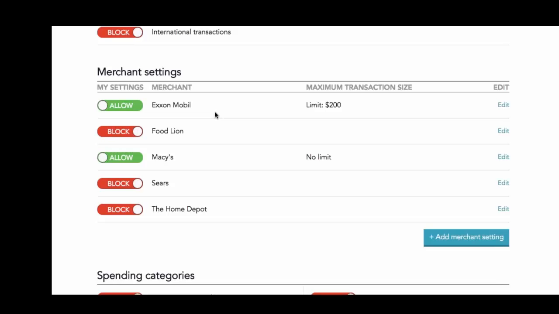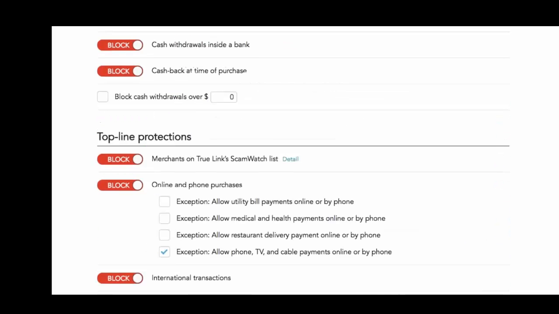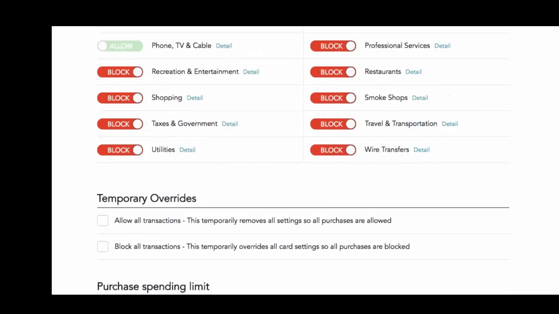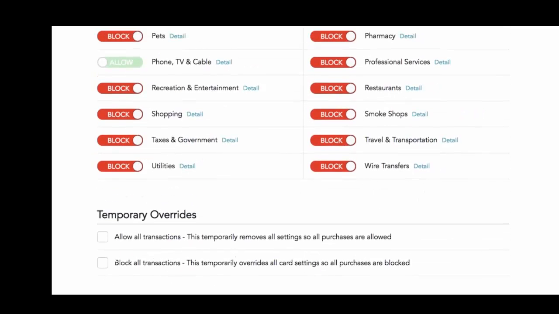And then you can also go to Exxon for gas and go to Macy's, and those are the only kinds of disbursements I'm going to make onto the card, is to make purchases at those places. If these were the settings on the card and you took your TrueLink card to anywhere else, it would not work. So that's one way to do it.